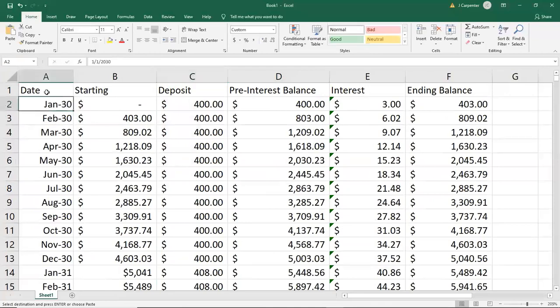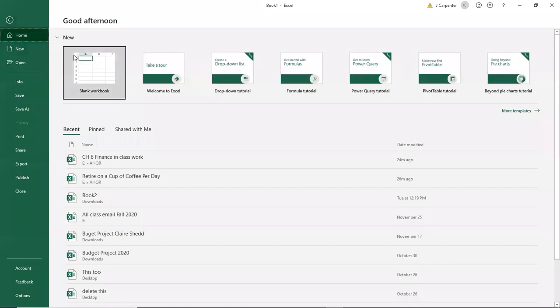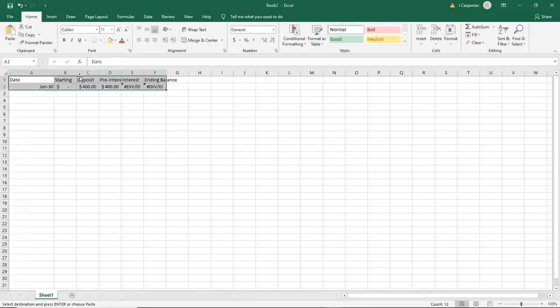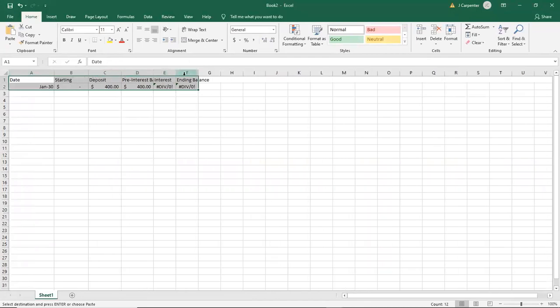So instead of doing this by month, let's just set up the problem like we were going to do the deposits at the beginning of each year. So again, this isn't how you would do it in the real world. It's just going to make it easier in Excel. So I'm just going to copy all that. I'm going to start a new file. Making these wider. So now instead of doing this by month,